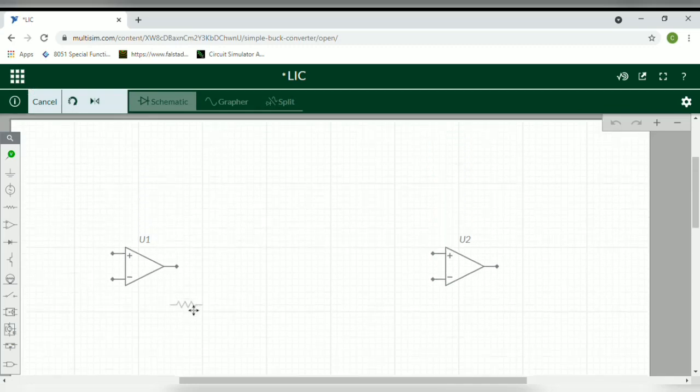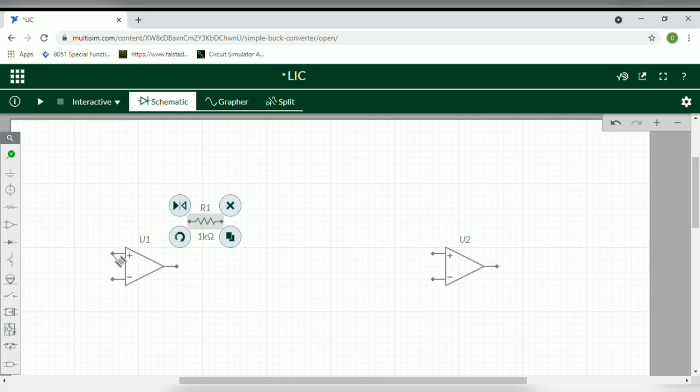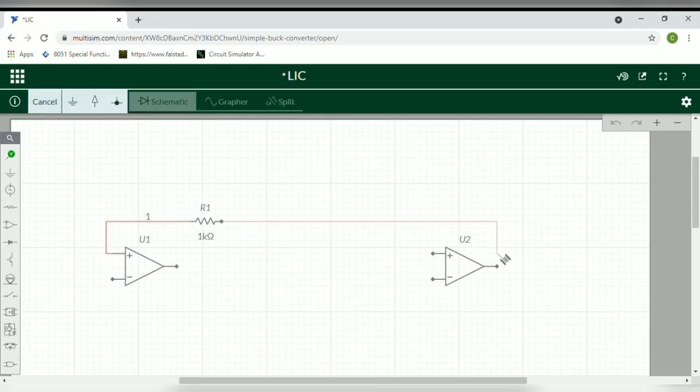Now we will connect the first terminal of the resistor to the non-inverting terminal of op-amp. Then connect the second end of resistor to the output of second op-amp.